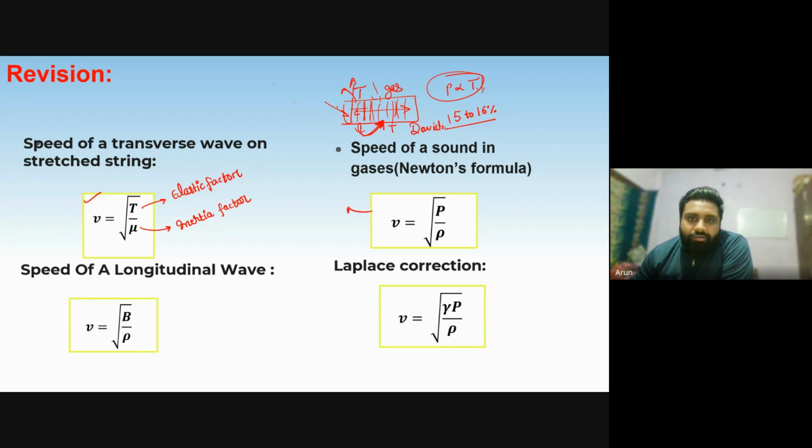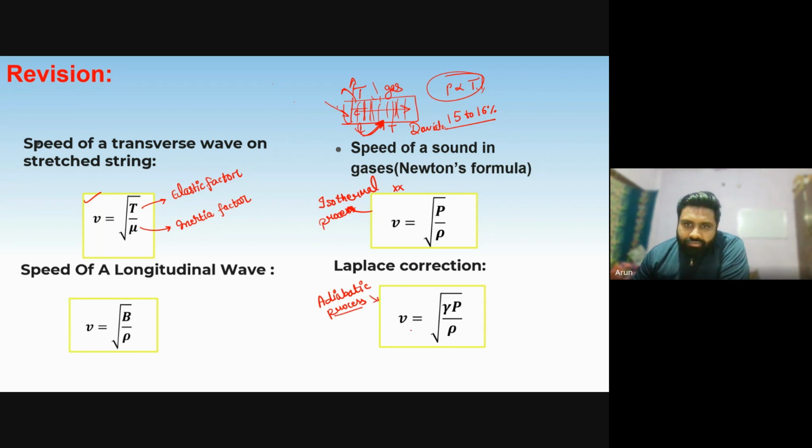So you can note down that this is from the isothermal process, which is the wrong one, and Laplace has given the correct one, which is the adiabatic process. Okay,